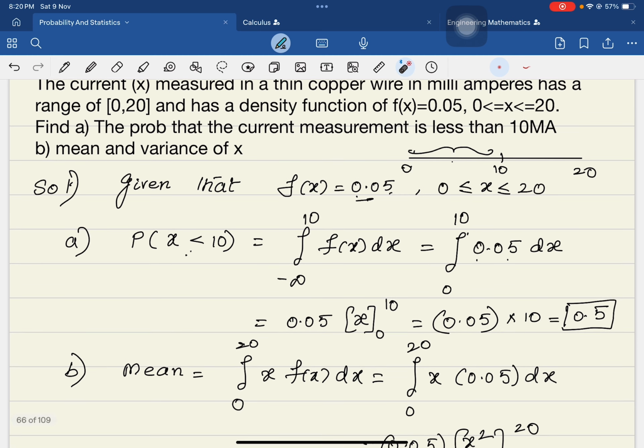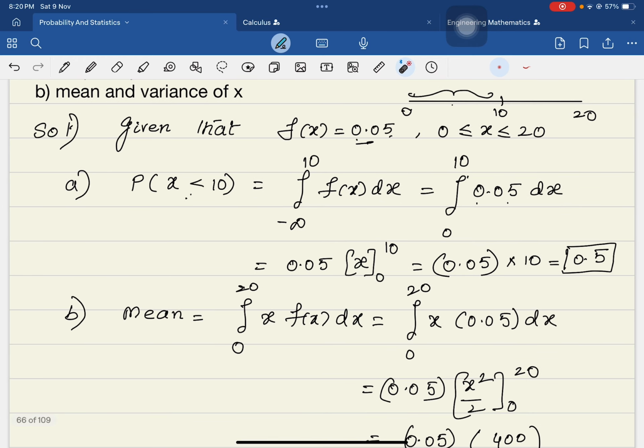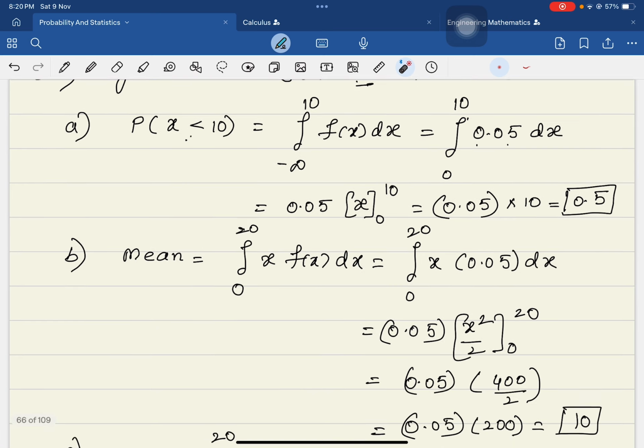Now let's go to the second question, to find the mean and variance. What is the mean here? From 0 to 20, the function is defined. So the mean is the integral of x times f of x dx, that is x times 0.05 dx. Now normal integration, integral x